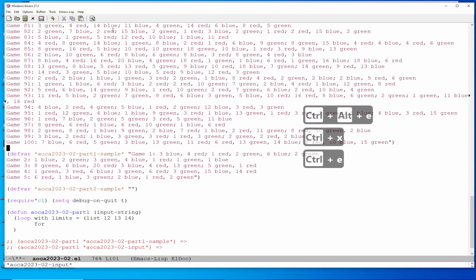Notice at the bottom it told me that the definition of the input variable is there. And so we can go back to doing the